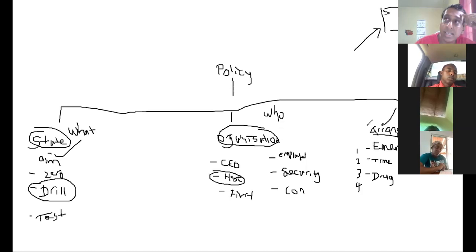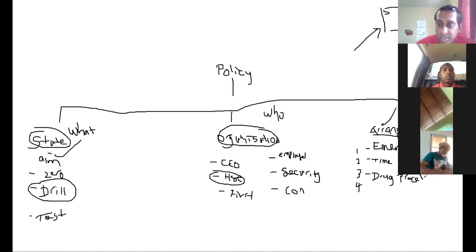So what is missing from this? I don't have the best movement with this cursor anyway, right? But what is missing from all of this is the word procedure, right? If you don't put the word procedures, you get it wrong, because the arrangement is the procedures for getting whatever you say done to be done, right? So procedure for drug tests.